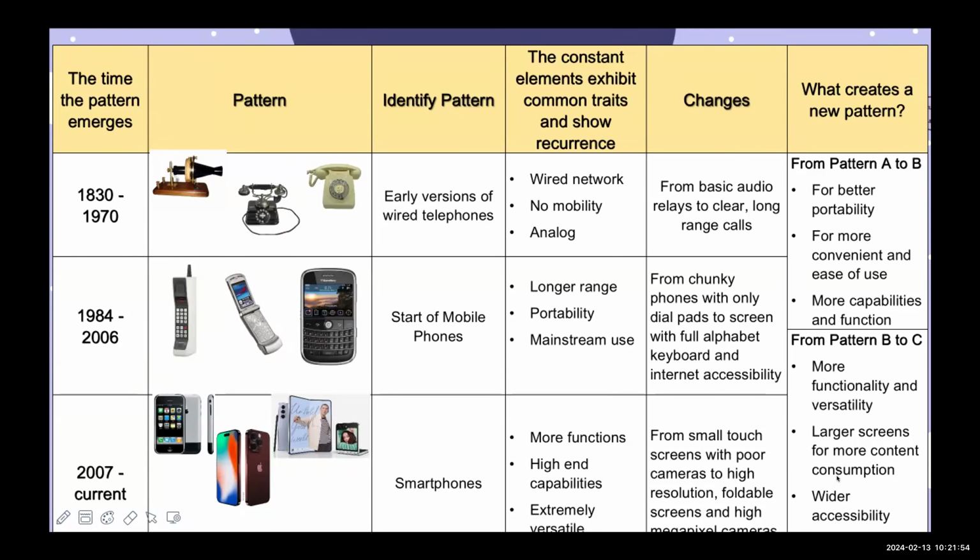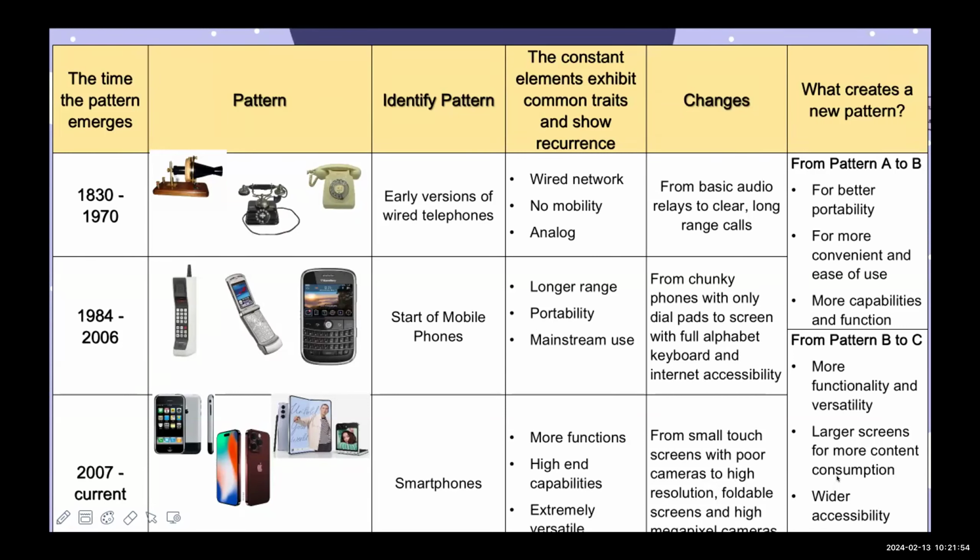So the main difference between the first pattern and the second pattern is that the first pattern was analog, which involves the use of physical features like hands, and the second one involves the use of digital with advanced technology. Then the third pattern also was digital, but with much more modernized features, which is to date,